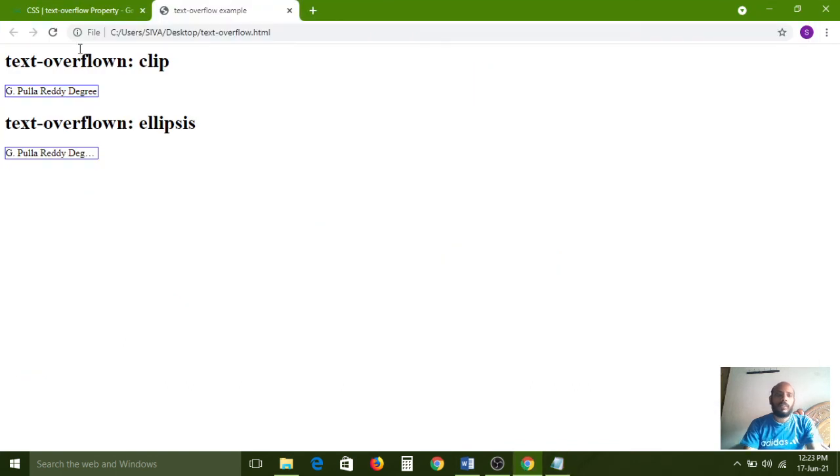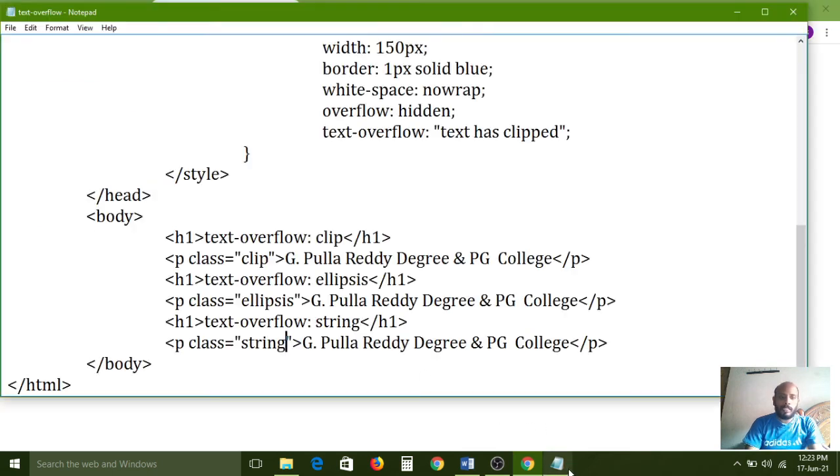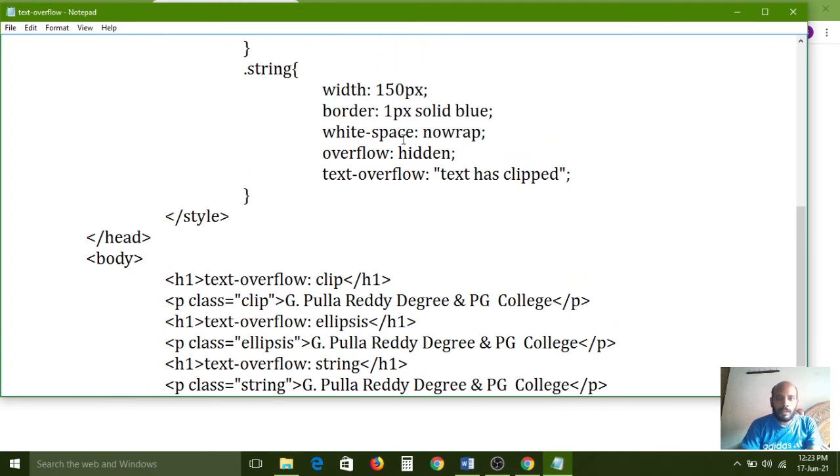Now I am refreshing the page. It is representing in the normal way. Wait. Text has clipped. Text-overflow: string. The same we have mentioned.